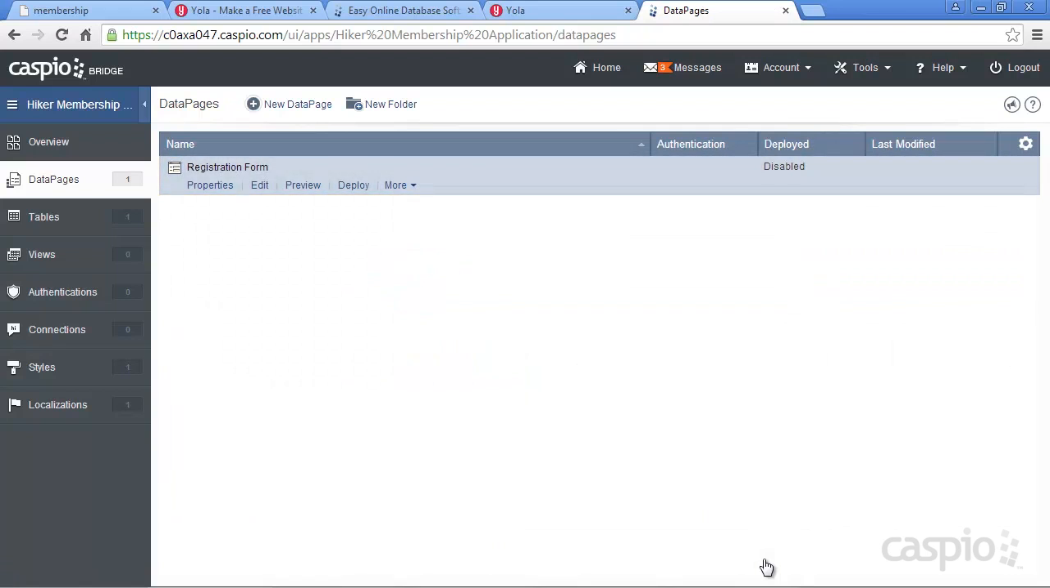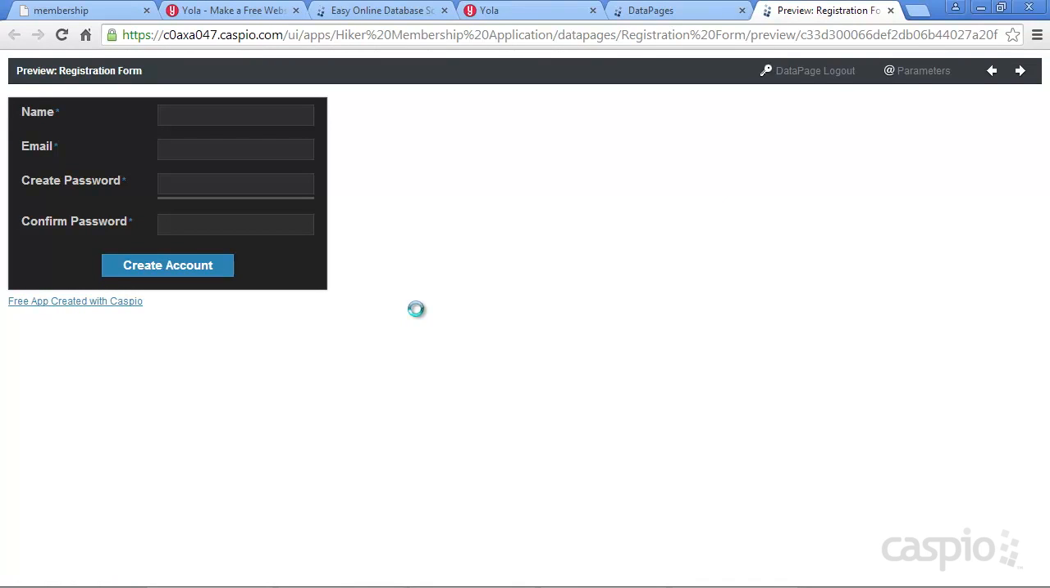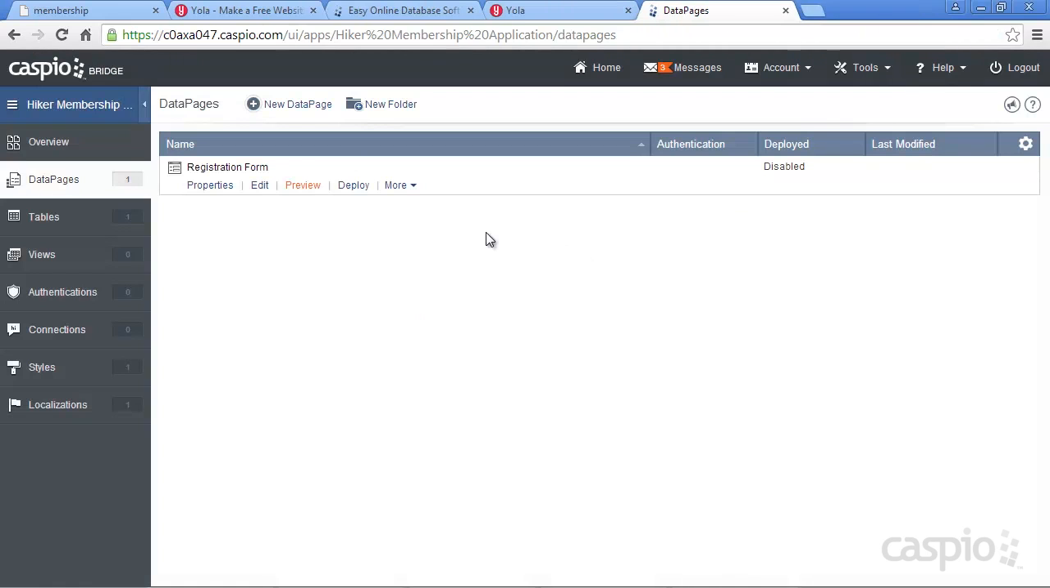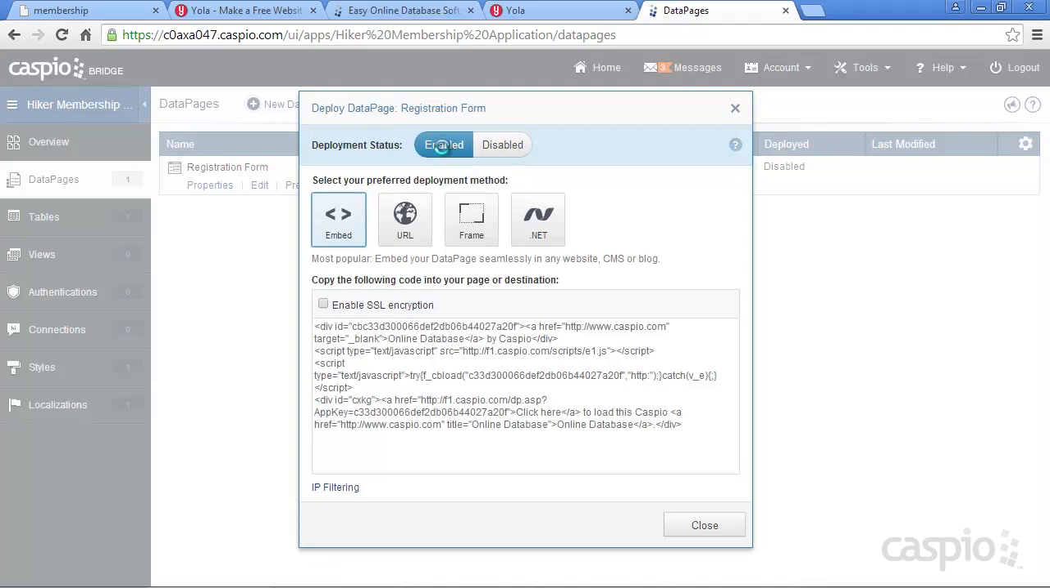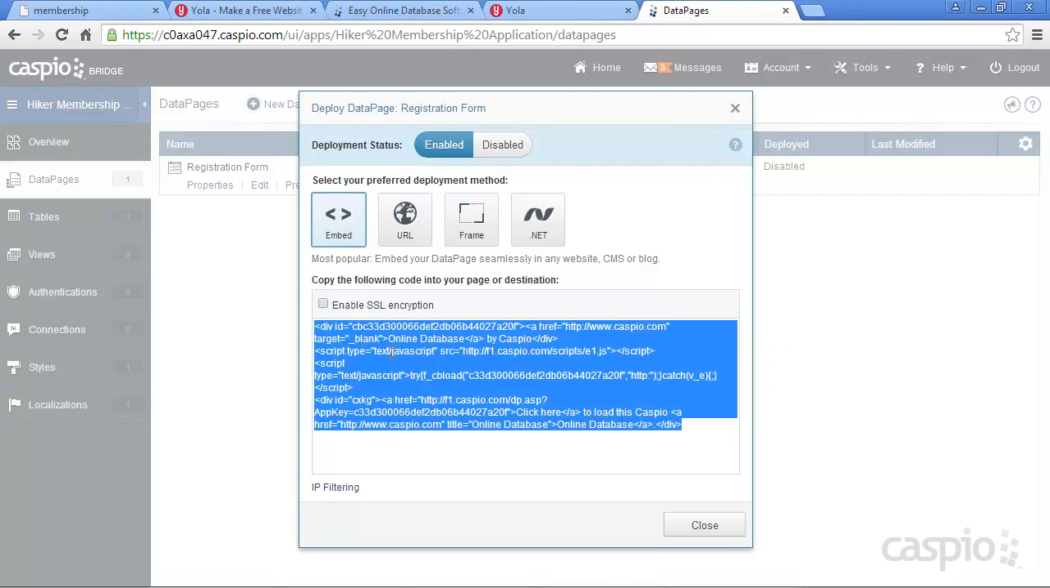And here's our very first data page. You can click on Preview to see what the form looks like. And if you're happy with the design, the look and feel of the form, right next to Preview is what we call Deploy. Click on the Deploy link, enable access to the form, and Caspio is going to give you 4 deployment methods. The embed method is the most popular one that we have. All you have to do is copy this snippet of code,